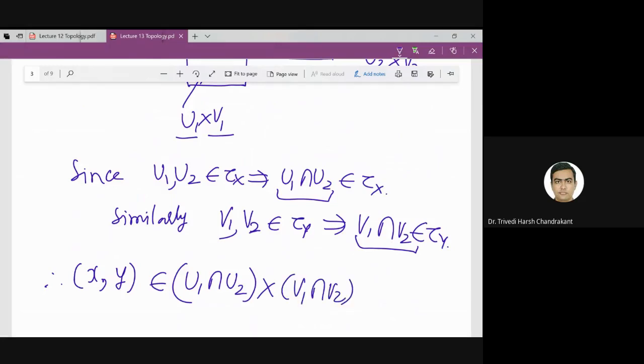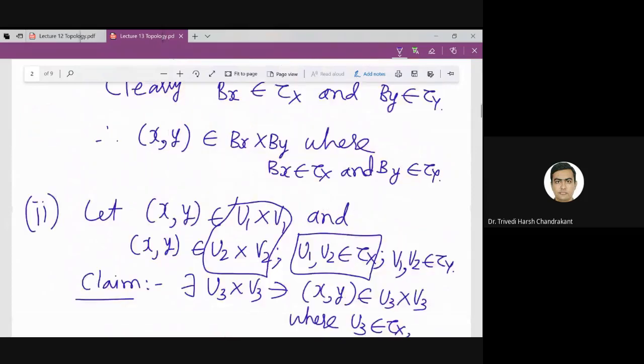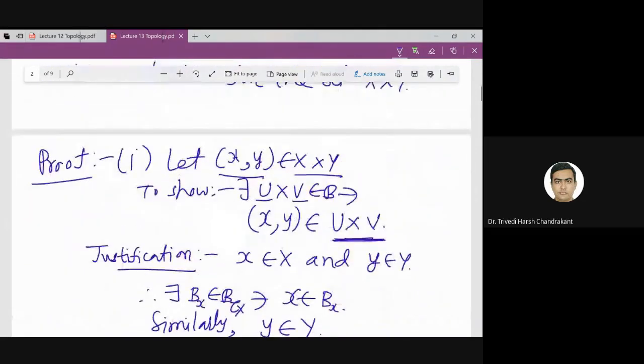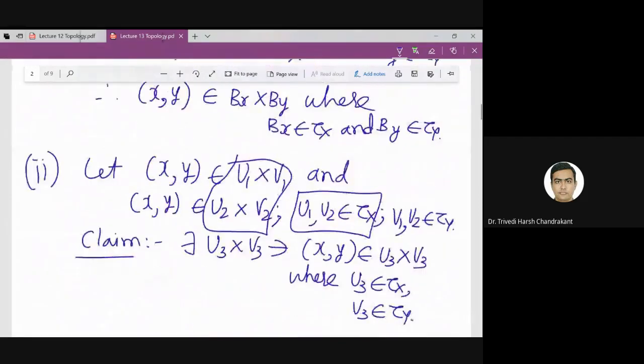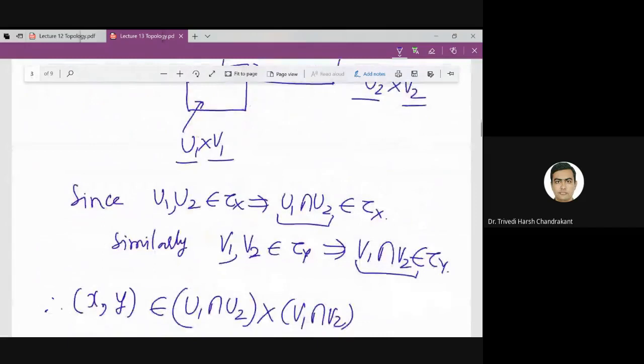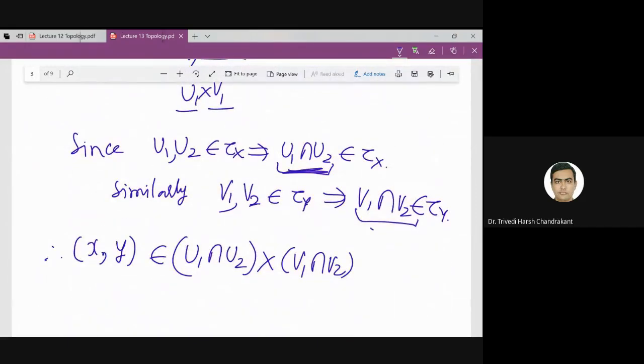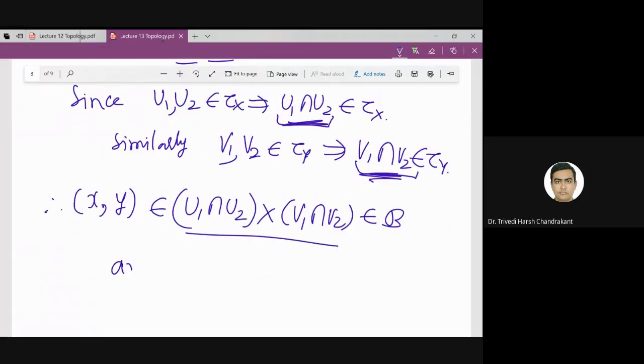So this element will belong to B, the family B, because in family B what we have is: we take an open set in x, an open set in y, and we take the cross product. So this is an open set in x, this is an open set in y, so therefore this belongs to B. And not only that, suppose I call this element